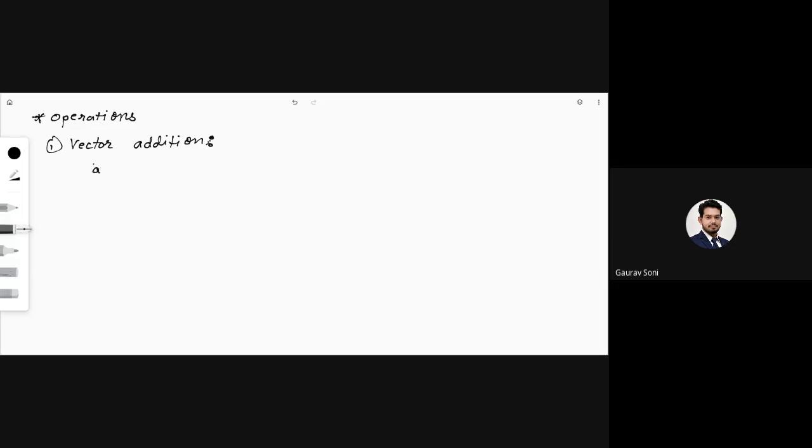So if I have a vector, say A bar as I plus J plus K. This is my first vector, and B bar is given as minus I plus 2J minus 3K, and A bar plus B bar is equal to,